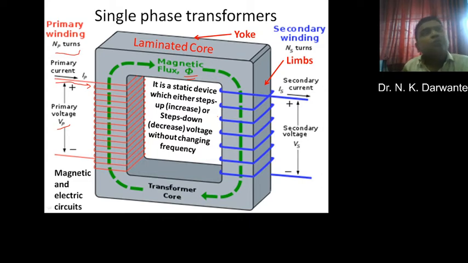If we need to up-convert or down-convert DC voltages, then we have to convert the DC into AC, and then use the transformer, and again do the reverse operation at the receiving end. It is a static device. As we have learned earlier, transformers are used for increasing as well as decreasing the output voltages without changing frequency. Now let us move to the next slide.